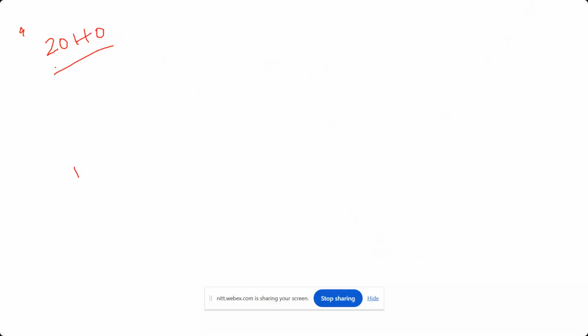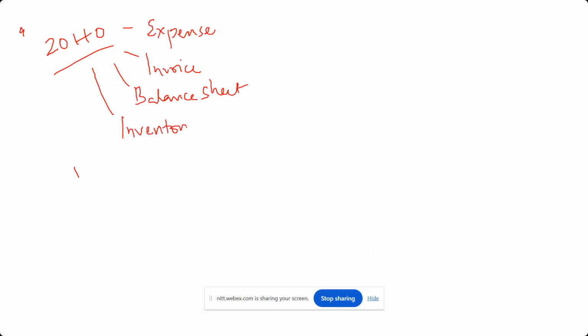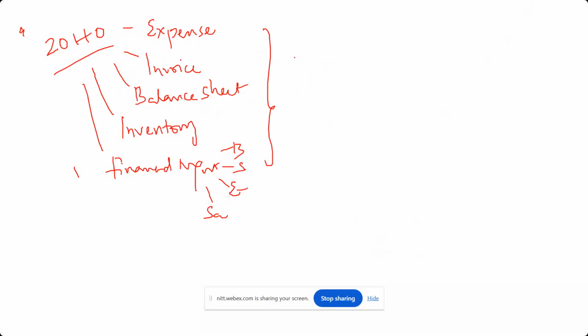Zoho is a company which produces products like expense management, manage your bills, generate invoices, maintaining your balance sheets, your inventory, the products you create, and your financial management, like budgeting, spending, expenditure, savings, all those things. This is like an in-house suite